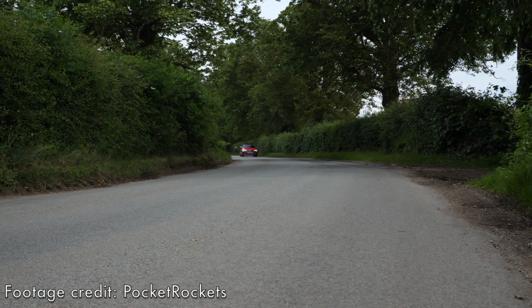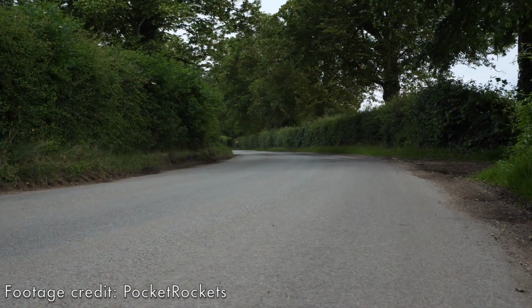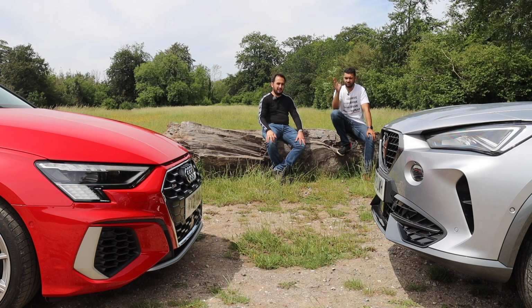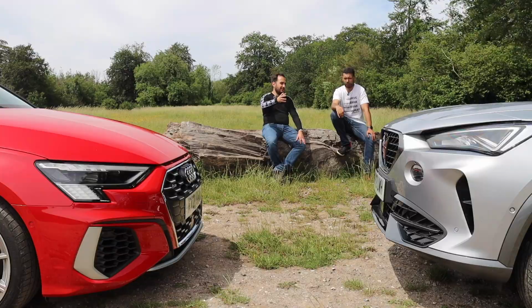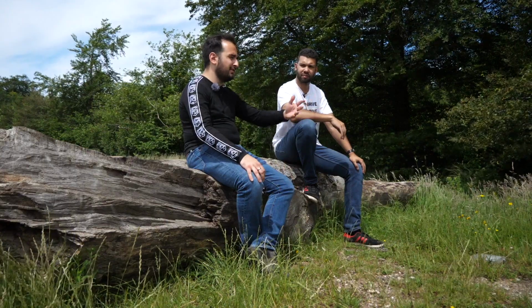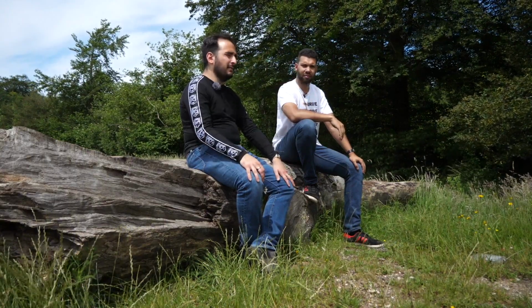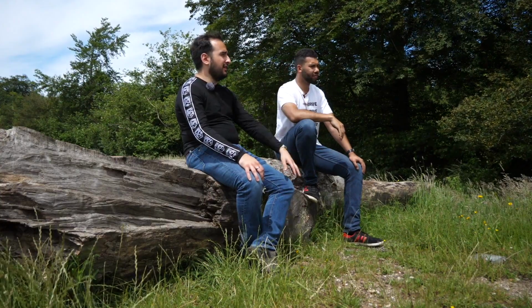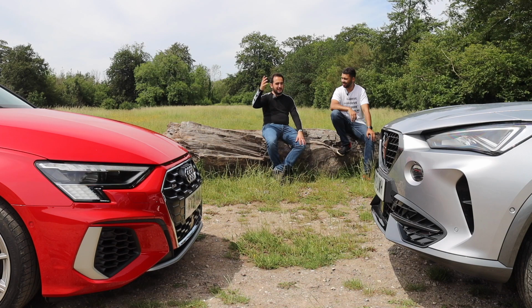But as you said, this thing handles. Like that is better in the corners. It's got better tyres, better brakes, and of course it's got less weight. It was evident as soon as I got out of that into this. You can tell, but you've got to give it some leeway. It's an SUV, it's heavier, so it's going to have those sort of traits that it won't share with this. But honestly, mate, it impresses me, and I was sort of contradicting myself a bit